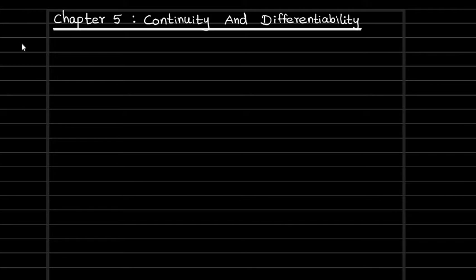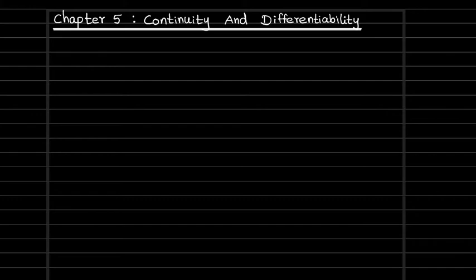In this video, we are going to see, for the CBSE board grade 12 standard Maths, chapter number 5, continuity and differentiability. So already in the last videos, I have posted example 1, example 2, example 3 explanations. Now in this video, we are going to see the explanation of example 4.